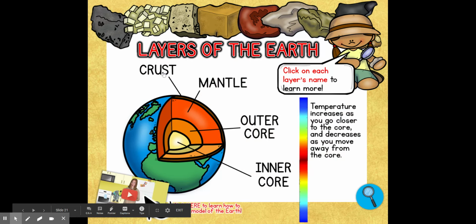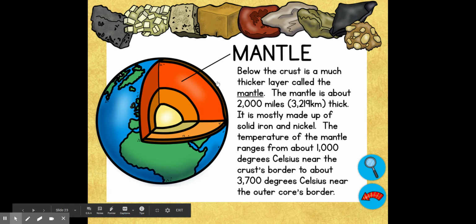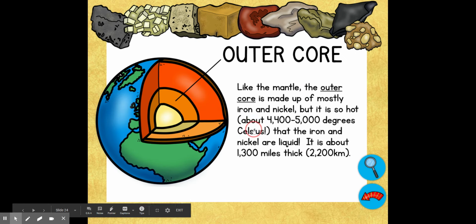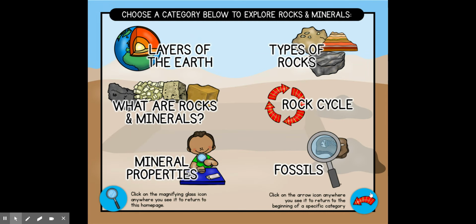So this one, you click on each layer's name. And then you'll read a little bit about each one. And then you can click on the hand lens to go all the way back. All right, so that's how you use the